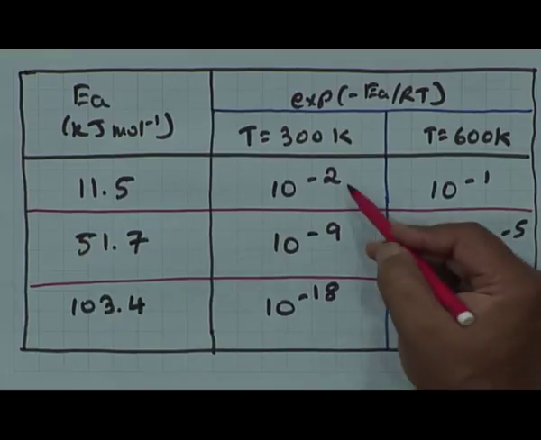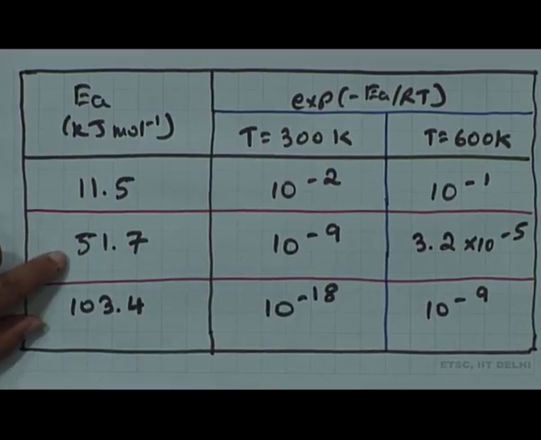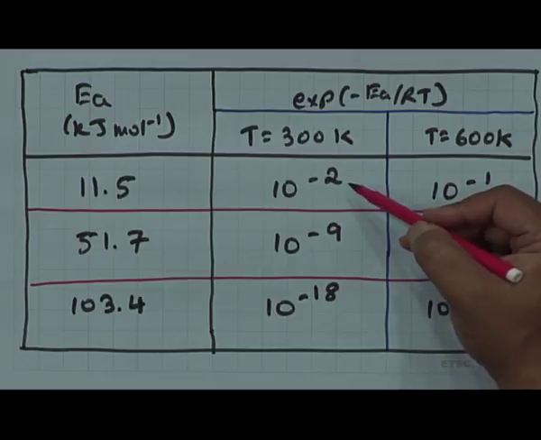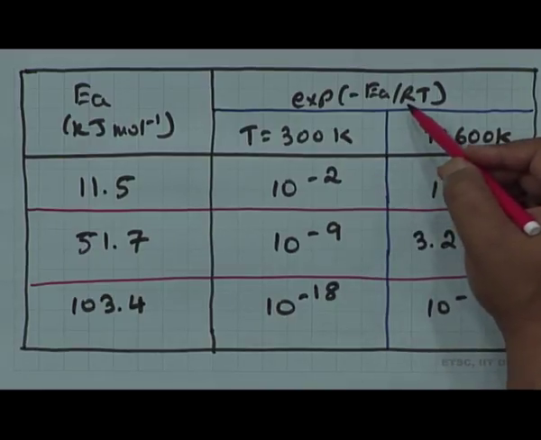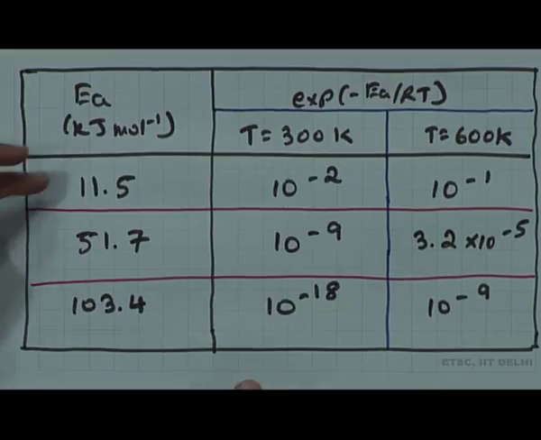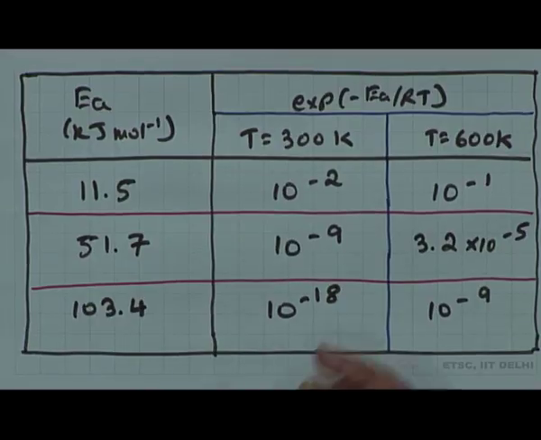It has gone from 10 to the minus 2 to 10 to the minus 18. Okay. So let us not consider 10 times even, let us consider close to something as roughly 5 times, that is 11.5 to 51.7 at 300 Kelvin. What has happened? I go from a value of 10 to the minus 2 for this exponential factor to a value of 10 to the minus 9. So realize now for a 10 times change, so a factor of 10 change, the activation energy changes by so